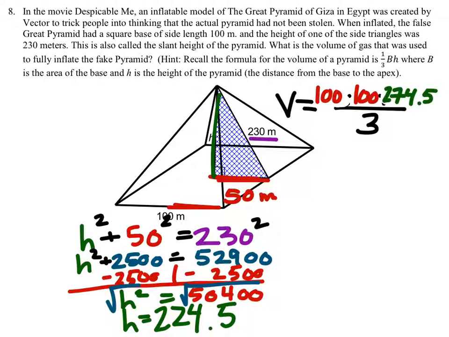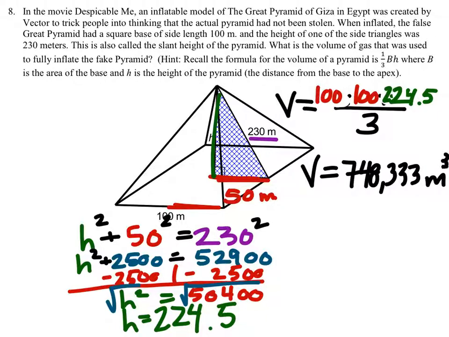And the volume of that pyramid, I can plug that directly in my calculator, and it will give me the answer. Alright, so 100 times 100 times 224.5 divided by 3. This is the number that I got for, not the height, but the volume: 748,333. We'll just keep it at that. That's pretty big. And that also is in cubic meters. Wait, why didn't we do the